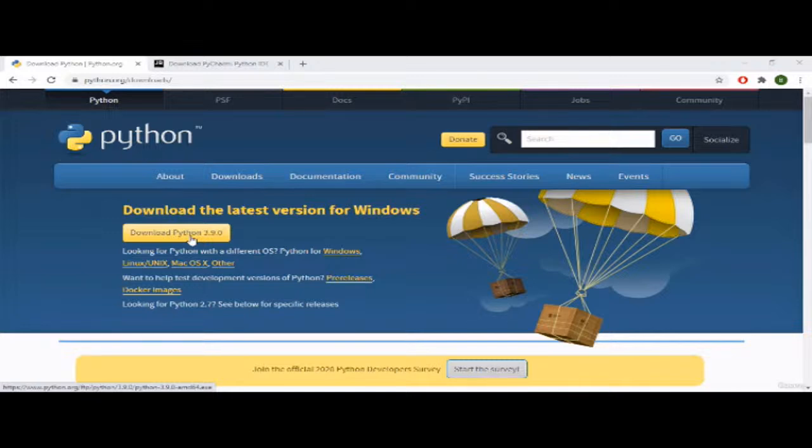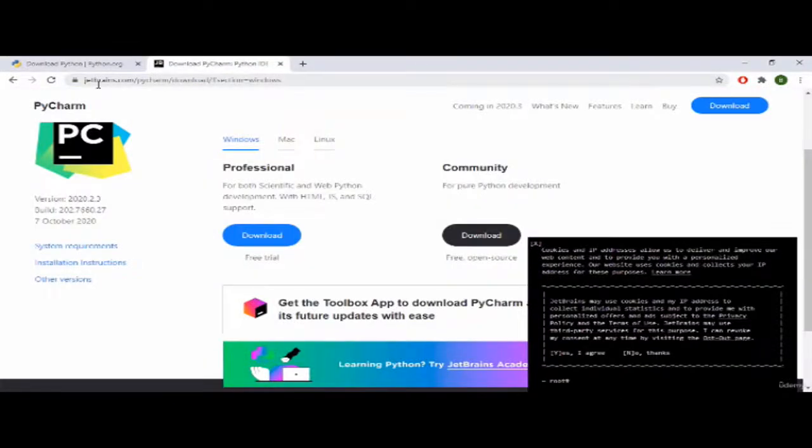So what we're going to do is that we're going to install an IDE or integrated development environment where writing your code will be at least 8,000 times easier than writing your Python code in command line or terminal. Now you can choose any IDE like Visual Studio, Sublime, or even Notepad, but the one I'm going to be using is known as PyCharm. So if you also want to use PyCharm as well, then go to this link which says